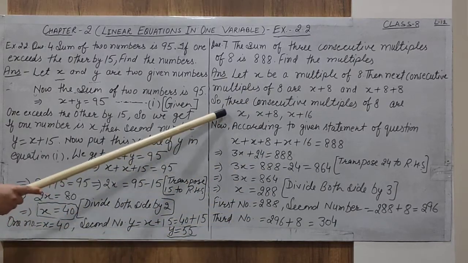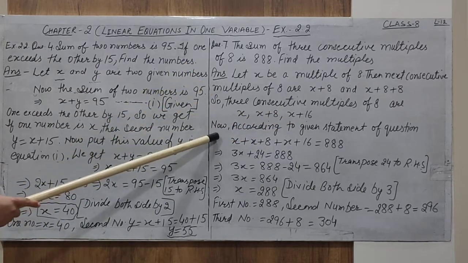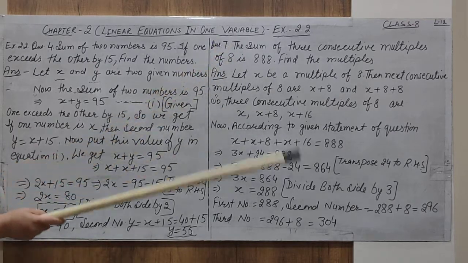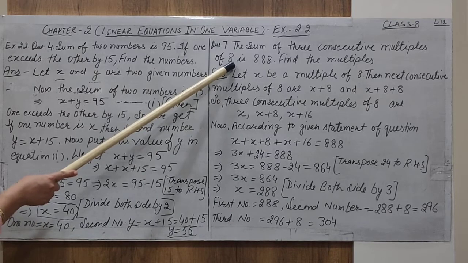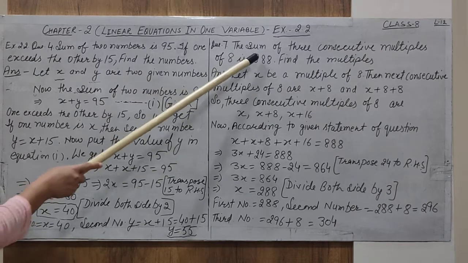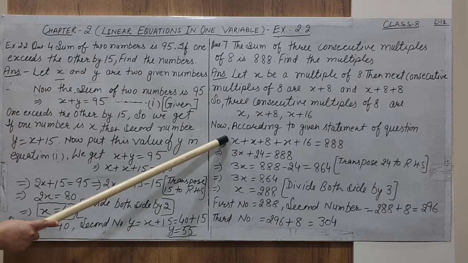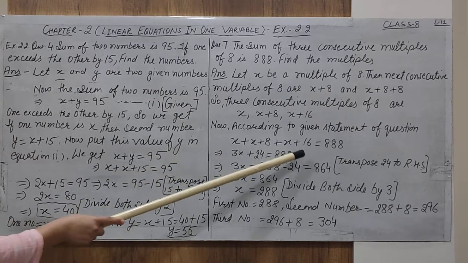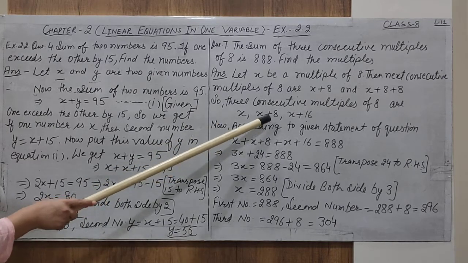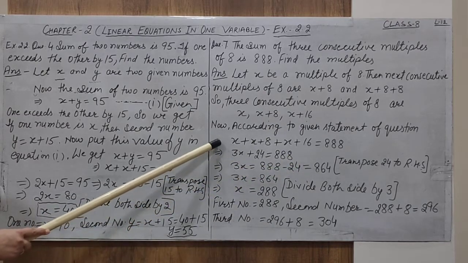So x, x plus 8, x plus 16. Now according to the given statement, these are the three multiples. The question is, the sum of three consecutive multiples of 8 is 888. Sum means you have to add these three consecutive multiples of 8. First is x, second x plus 8, next is x plus 16. After adding these numbers, the result is